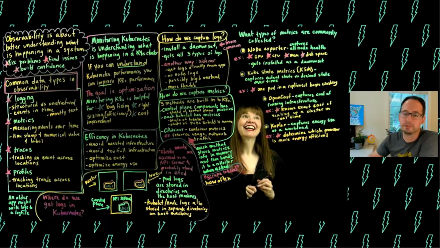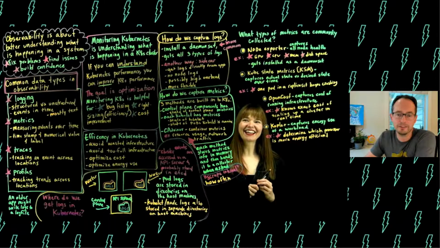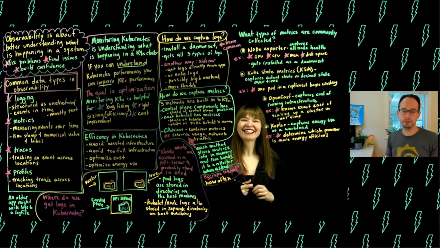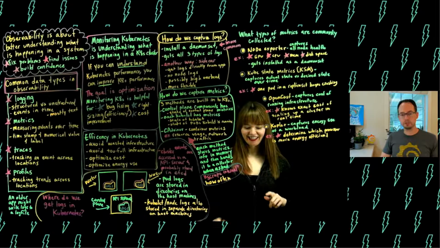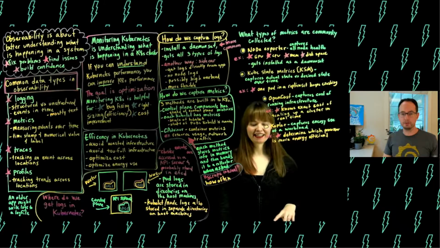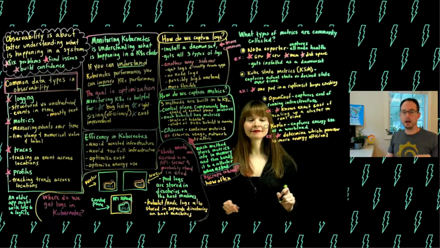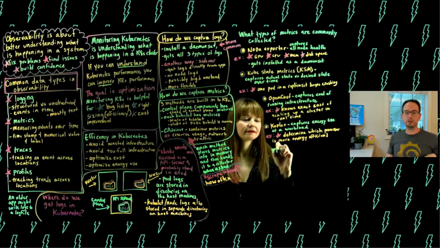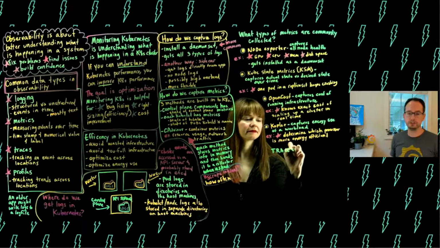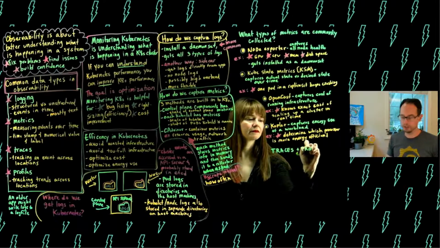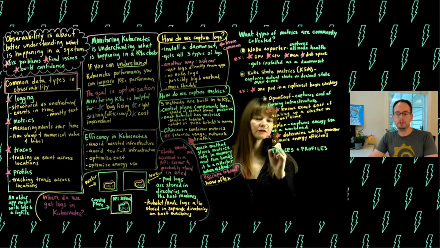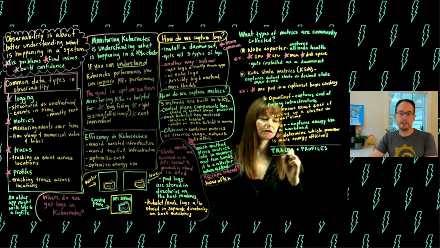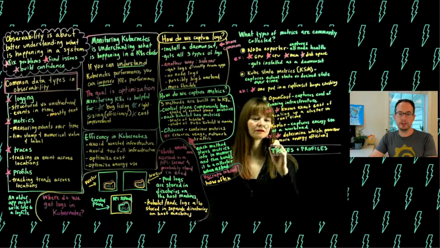I knew that logs and metrics were going to take up the bulk of the board space, because those are really the biggest things that we look at in Kubernetes monitoring. Traces and profiles. We definitely have traces and profiles. Traces and profiles are most interesting to the app developers that wrote that software. So I'm going to talk about them a lot less, because there are traces that are generated within Kubernetes. The API server generates traces, and you can hook up your collector to get those traces and store them somewhere. But the traces are going to be the most interesting to the API server developers, because they're going to want to know, how is the API server behaving?